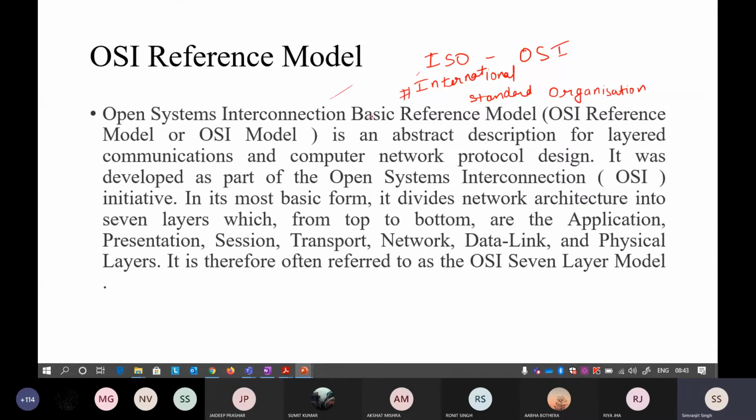Okay, so the first network that was established, if you have heard about it, was ARPANET. ARPANET is the first known network that was established by the DoD, the Department of Defense in America. Okay, so that was the first known network that ever came into play, and it was in the year 1968. When the first network was built, there was no such rule followed.